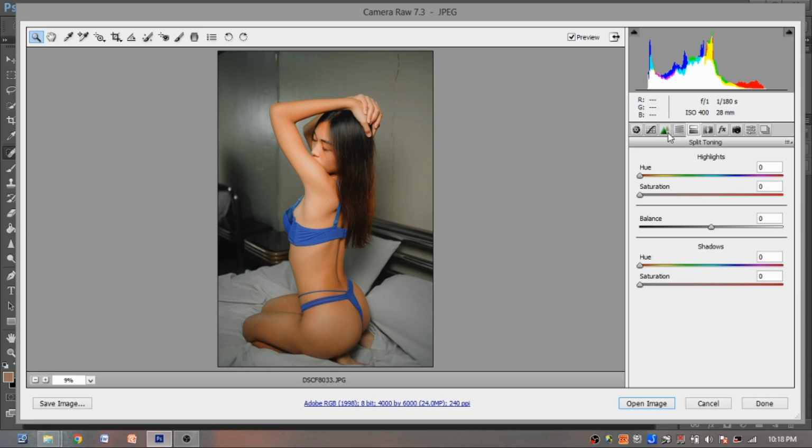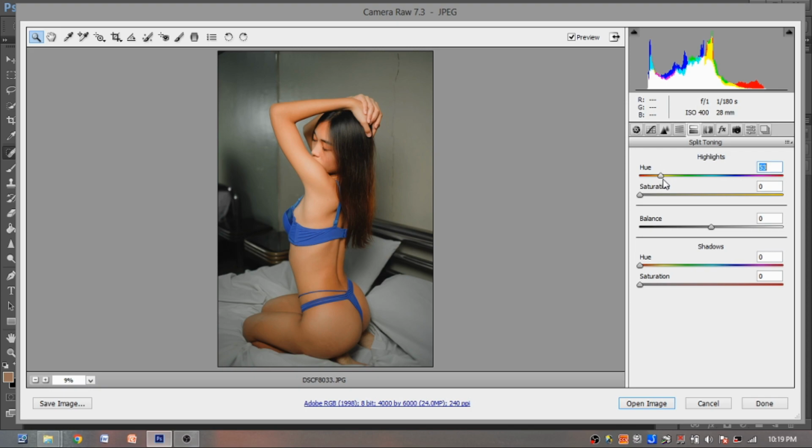So for example, when your background is green, when you're shooting indoor, shooting outdoor. So the split toning is very important because I think this will affect your image globally. So in general, in my settings, my hue will be